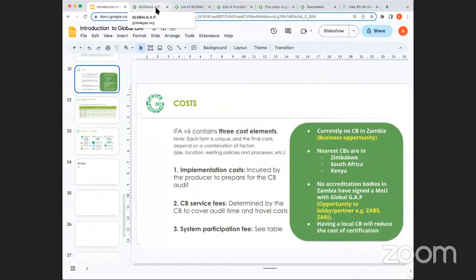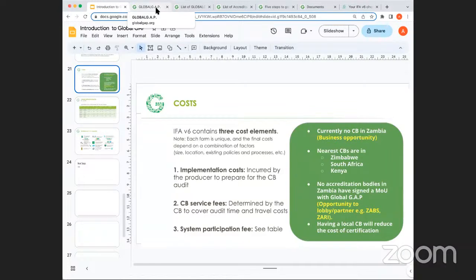And the good thing, I'll emphasize, is that it is a business opportunity, because if you're in Zambia and you're the first to go, basically anybody who wants to get certified in Zambia would be coming through you. The way you'd make your money there is, remember these fees, fee number 2, the certification body service fees. You would charge the farmers for you to come and inspect them and enter that information into the Global Gap system. You charge them travel, you do whatever your fees would be. That's how, as a business, you'd make your money there.